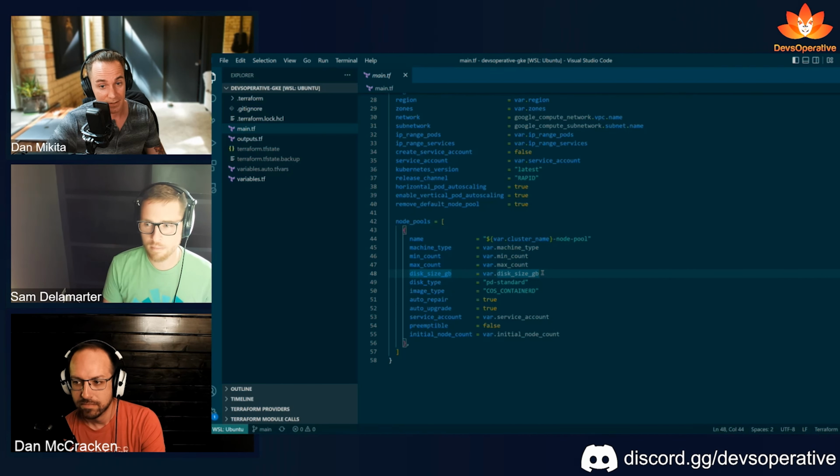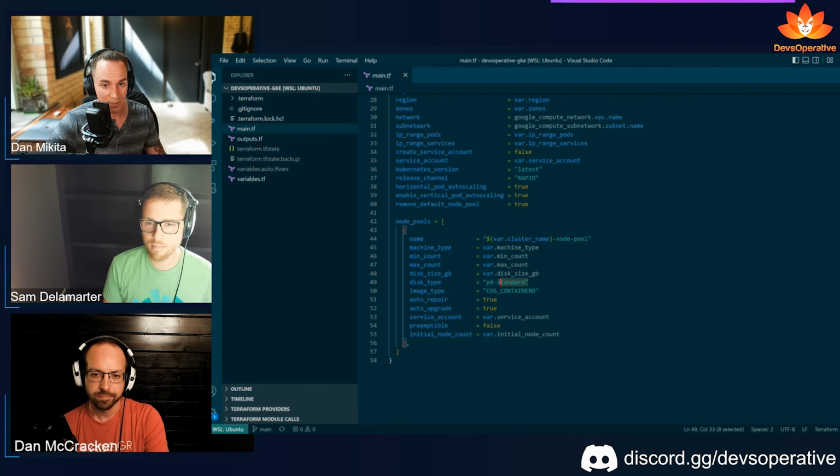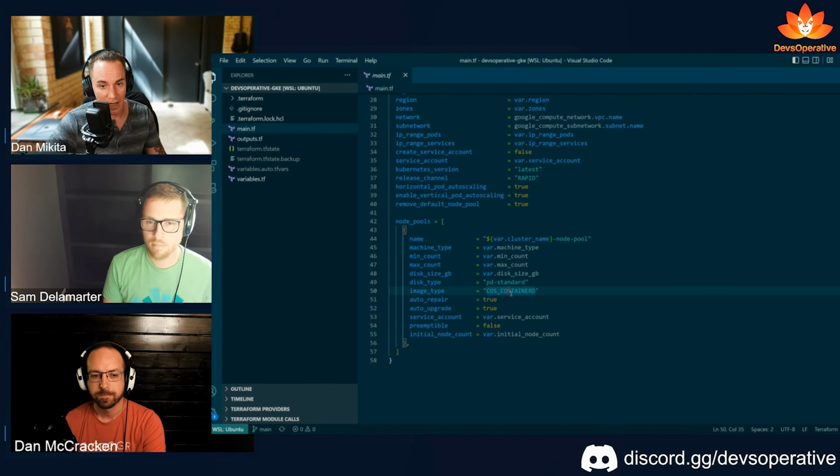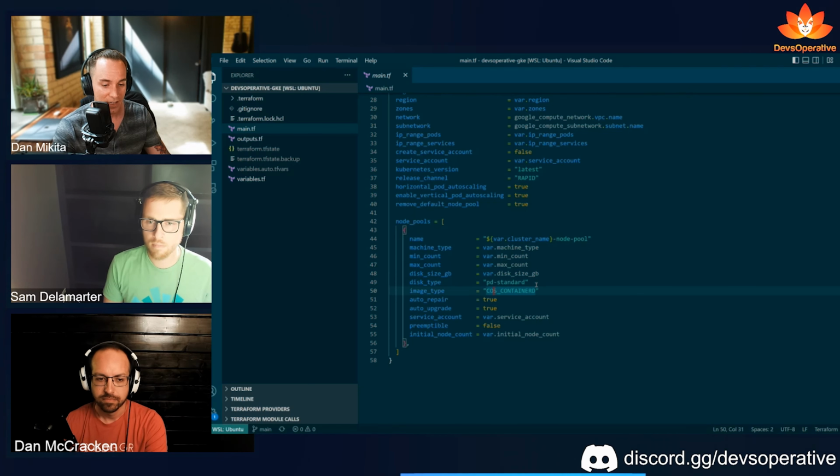Disk size. You give it the disk size. I'll circle back to that because I found some stuff out here. Disk type. This was important. We had to switch it to container D. I think actually that was the final piece of the puzzle that we figured out at the end of our